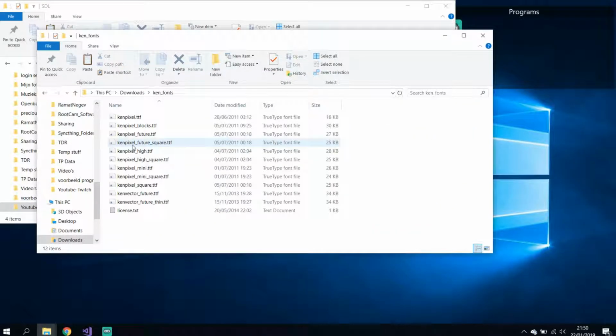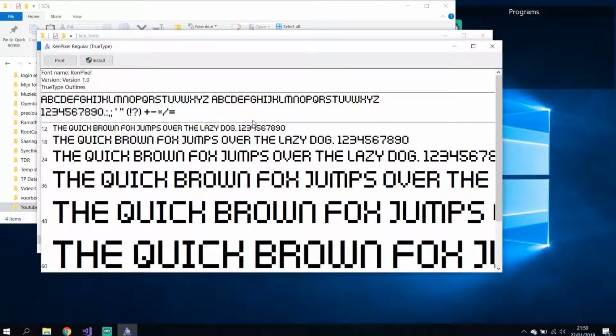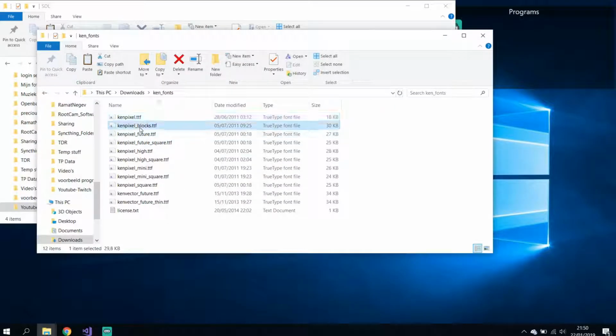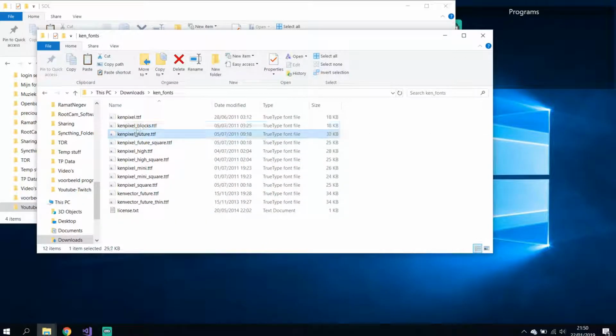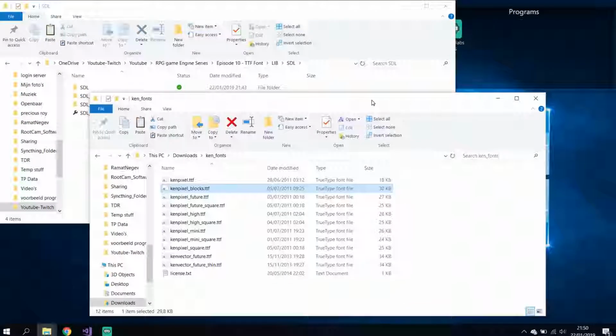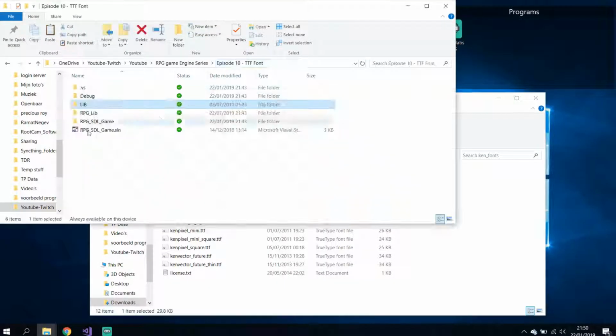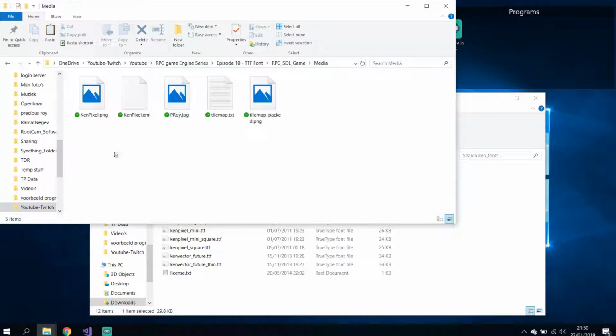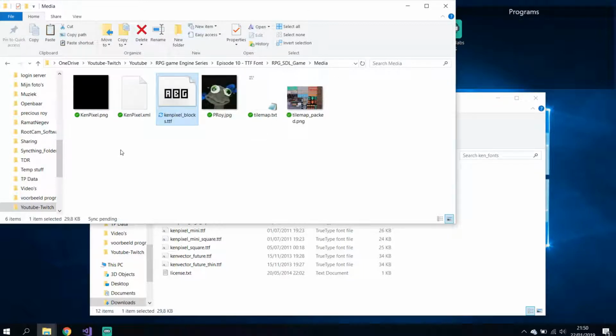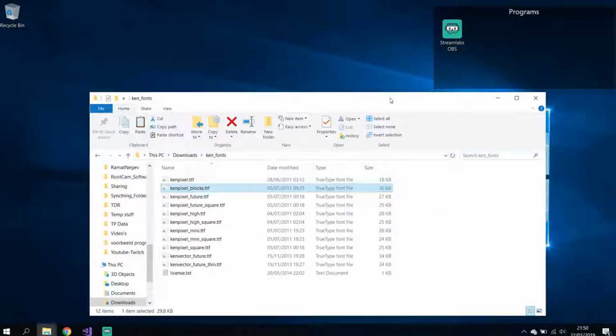Once you have both, let's take this one. Or no, let's take a different one. Let's say block for the other one. So let's copy this one, and we'll move it to the media folder and paste it here. Okay. So now that we have that done,